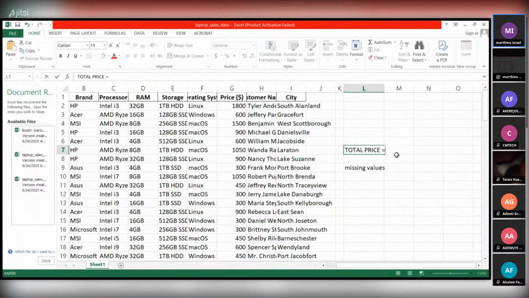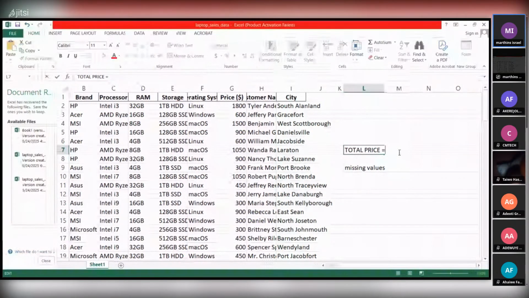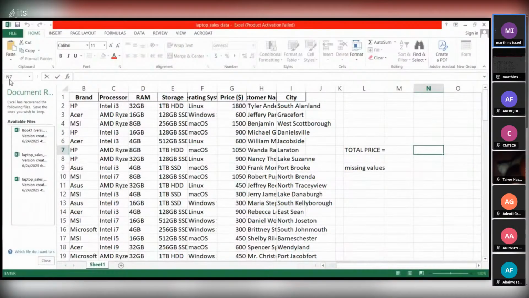right? And here in M, and here in N7, yes, N7. Remember, if you are in the other class, I told you how to use the name box. N7. In N7, you can get the total price. You can say price, that's G2. So now we are going to use the SUM function. And what is the first step? You put your equal to sign, followed by your SUM function,